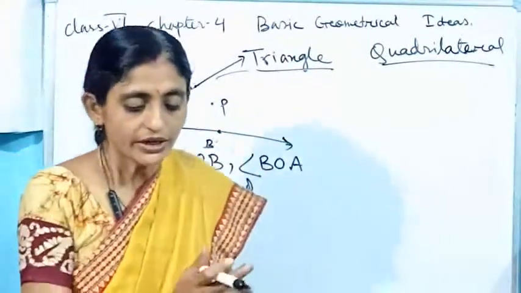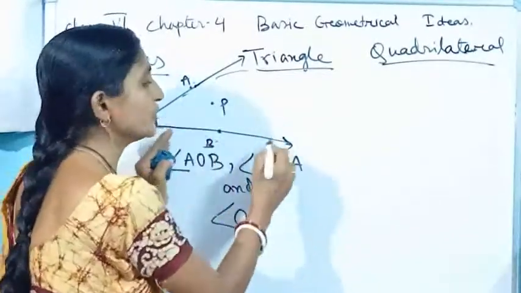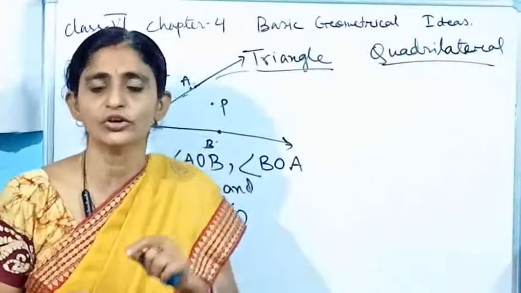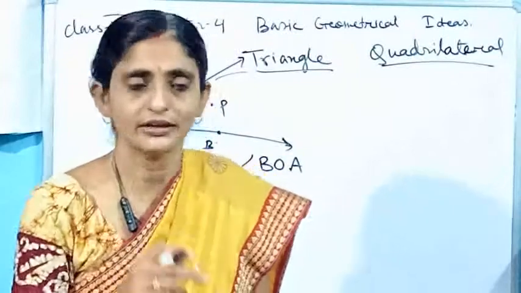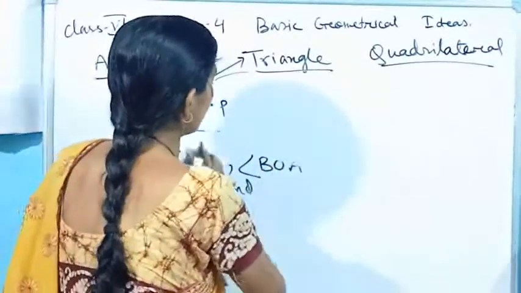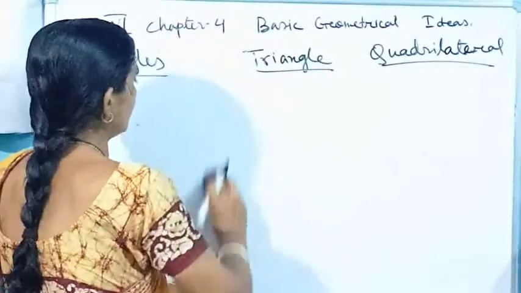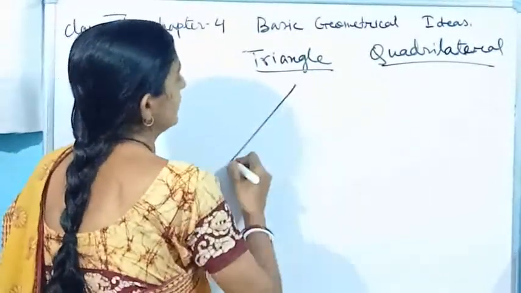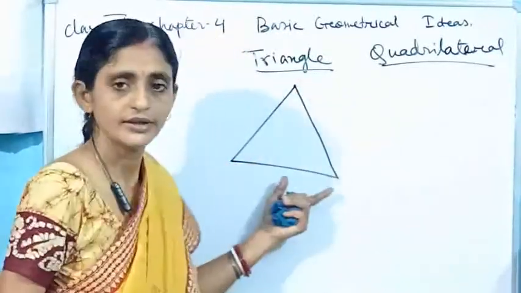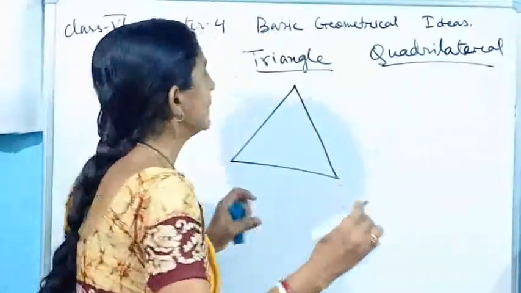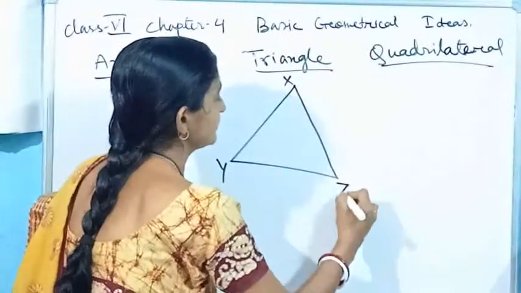Now in the next part, we have already drawn this with two rays. Now come to one figure, the polygon bounded by the least number of sides, and that is the triangle. When we talk about the triangle, you can immediately recall the image of a triangle bounded by three sides. It is a three-sided closed figure. Let me name this one X, Y, Z.